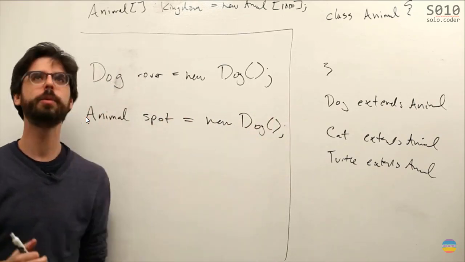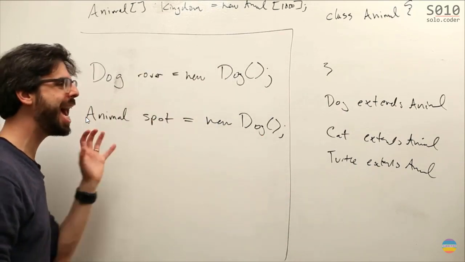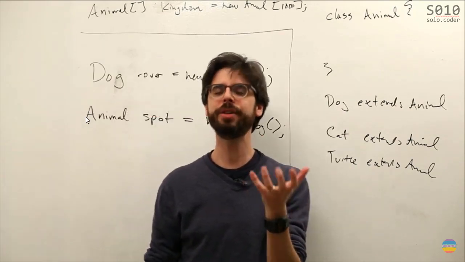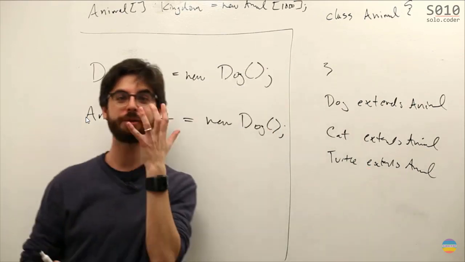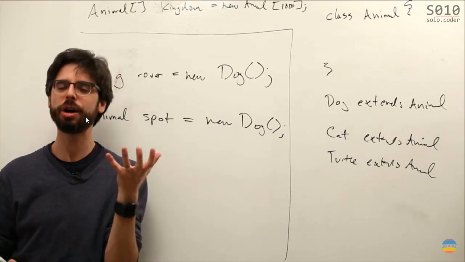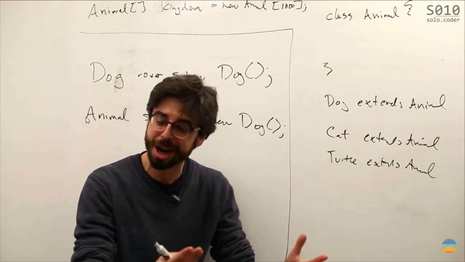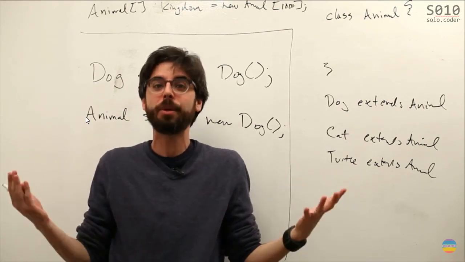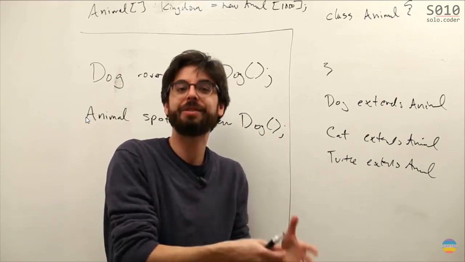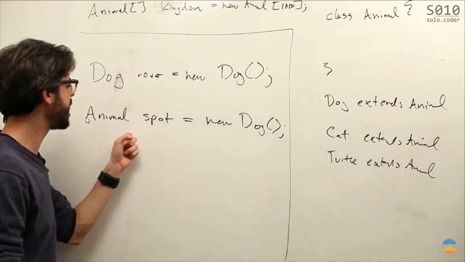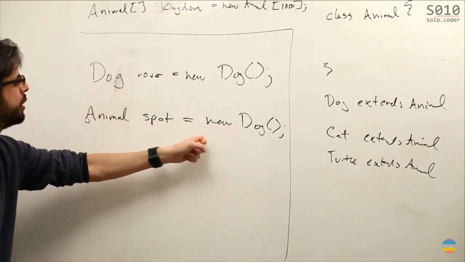What polymorphism, which means from the Greek, many forms, allows us to do is say, I have a dog object. And if it's convenient for me to think of it as a dog object, I'm happy to do so. If it's more convenient for me to think of it as an animal object, that's also allowed. I mean, it really, truly is a dog. A dog is a dog is a dog is a dog. But we can talk about it as if it's an animal, because a dog is an animal. Dog is made from a child class of animal. We can make an animal object which is specifically a dog. This is what allows us to put